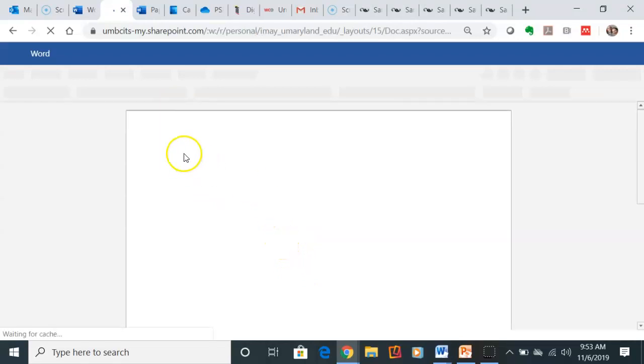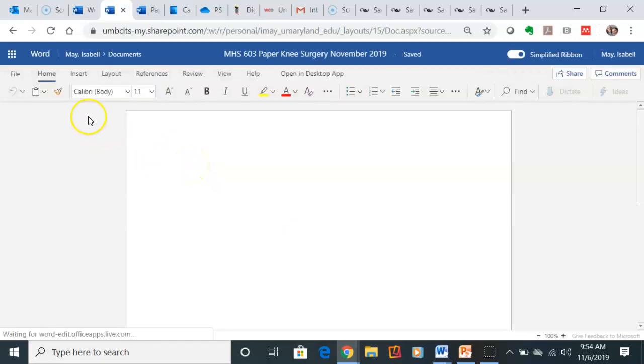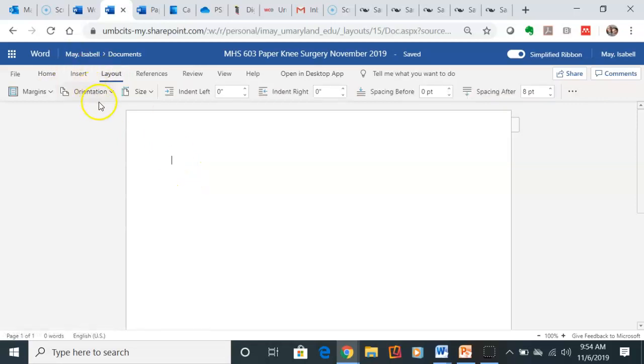So, let's see, Microsoft is opening up. There we go. So the same thing applies with the Microsoft Word desktop version. The one difference is you can't see the formatting the way that you have the option in the desktop version. So here, just to make sure that your layout is properly done, which again is the default setting, you